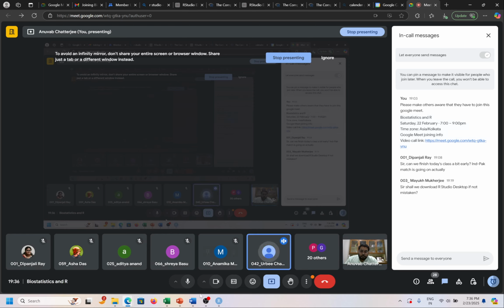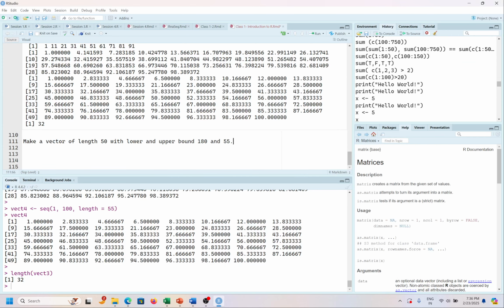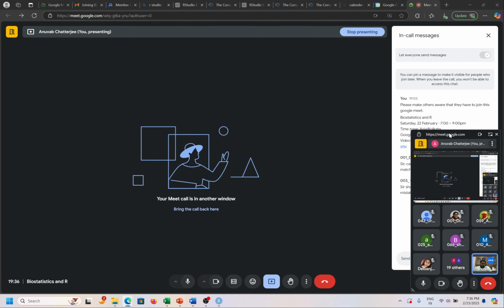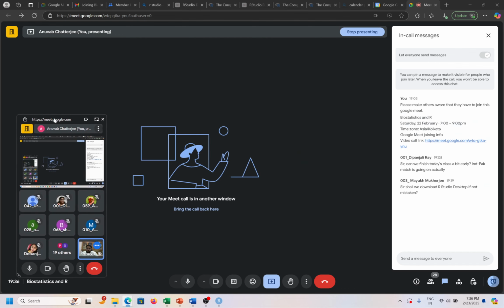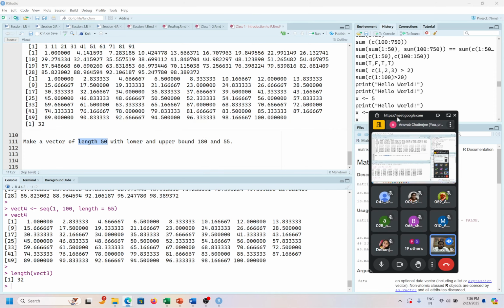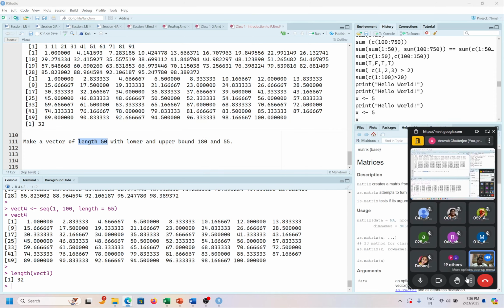স্যার আপার বাউন্ডটা কত বললেন? Upper boundটা হচ্ছে এক, so I need a reverse vector from 180 to 55 with a length of 50 units. Run it once নিজের মেশিনের উপরে and then send it into the chat box so that দেখা যেতে পারে সেটা কি লিখছো তোমরা।